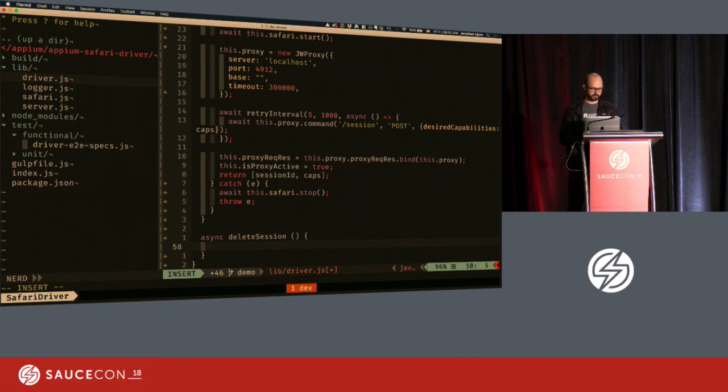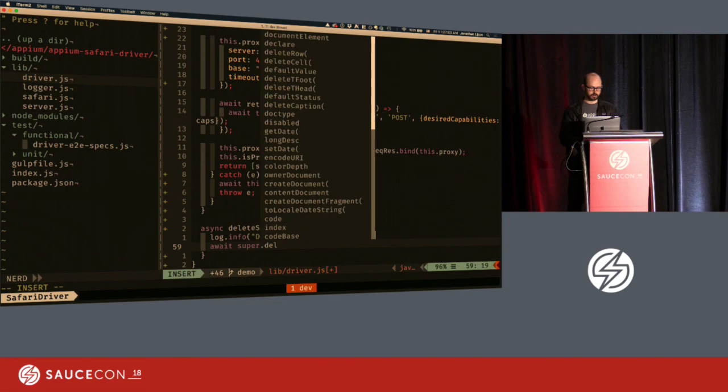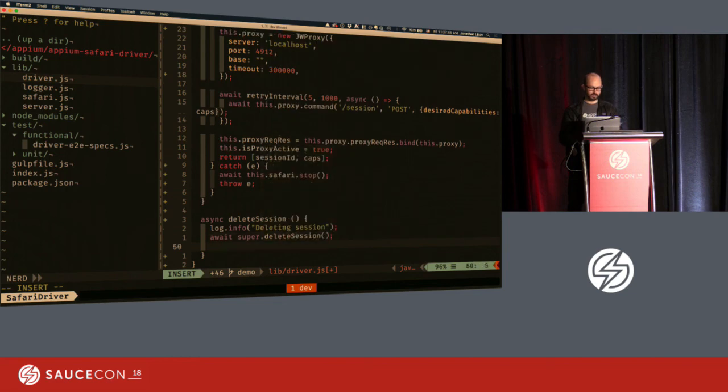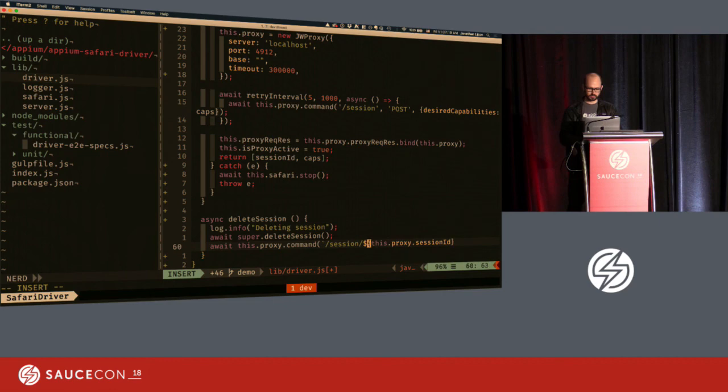Okay, we're almost there. So let's just say we're deleting the session. When we're deleting the session, we're now implementing the delete session method. We want to make sure we call any kind of cleanup that happens on the base class. And we'll do the actual delete session on our running instance of Safari Driver. So we need our session ID here to do that. And it is, of course, the delete